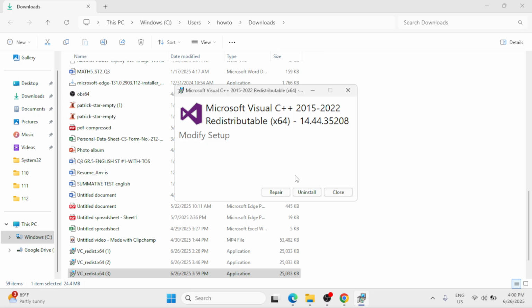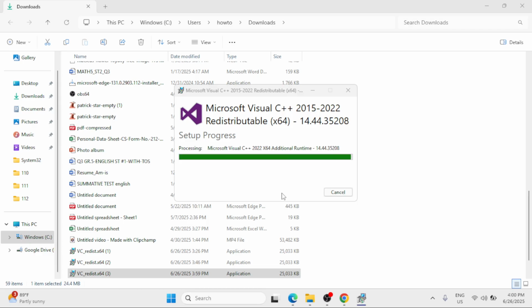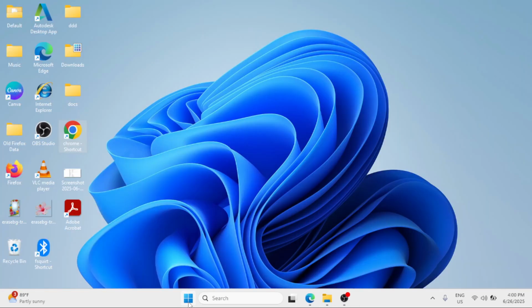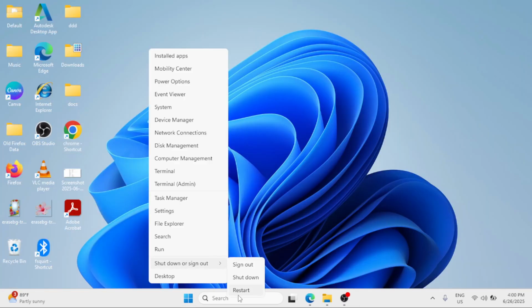But if you have already installed it, click on repair. Then close this. And then right click at the start button, shut down or sign out and restart.